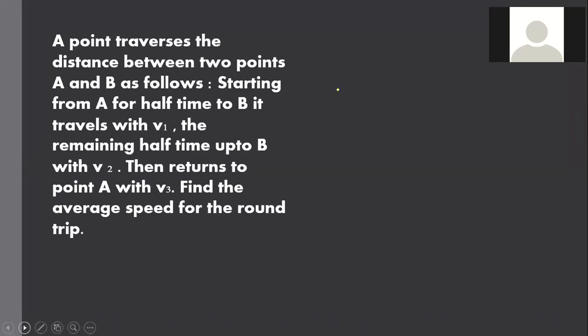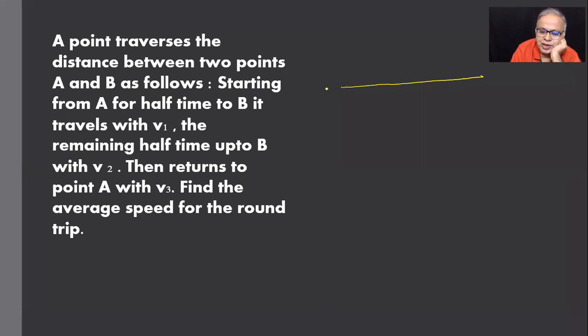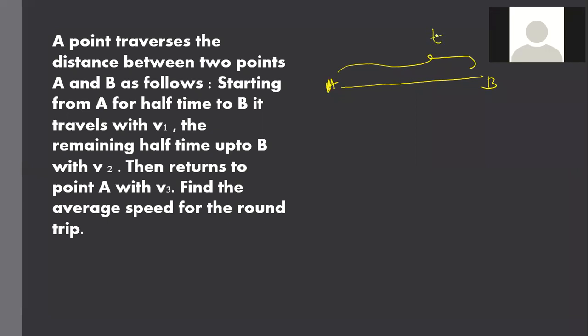Sir, the point, the body starts. You should say like this. Sir, first put a line. Yes, sir. And put A in the beginning, B at the other end. Now let us talk. Time. Let the time be T, sir. So from A to B full time, I'll think is T because we don't know. Yes, sir. That's how we need to. So what is happening?